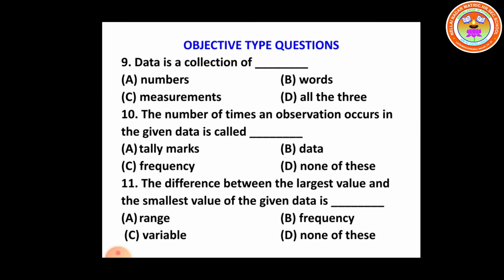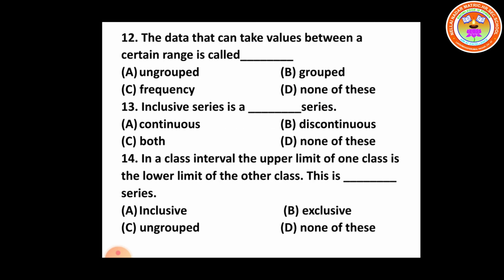Now, let us see the objective type questions. Ninth one: data is a collection of numbers, words, measurements, so all the three. The number of times an observation occurs in the given data is called frequency. The difference between the largest value and the smallest value of the given data is range. The data that can take values between a certain range is called